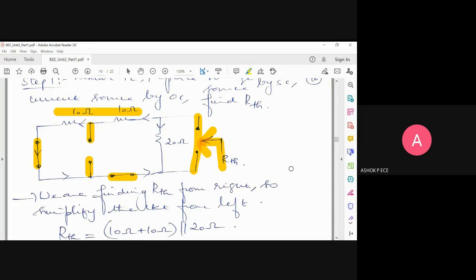One question I want to ask you. So here I am measuring RTH from this point, correct? So I can say 10 and 10 are in series, that is in parallel to 20. Assume I am measuring RTH across this point, for example, not in this column. If I measure RTH across this point, how will the resistance be? Will they again be the same? No, sir. Assume I'm measuring RTH across this point. How will you compute RTH in that case?